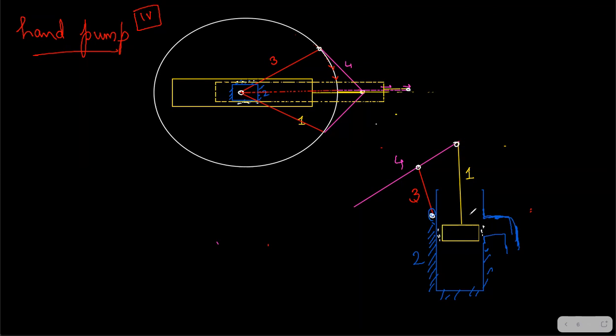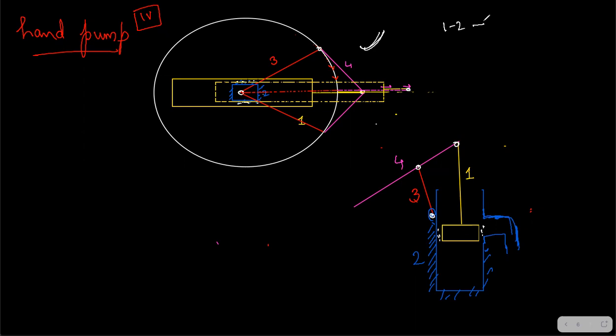Now guys, kinematically speaking, the fixed link you can make it anyhow you want. The fixed link, I just made it a frame, a cylinder. And now between link 2 and 1 in this diagram, check and tell me. Between 2 and 1, see, this 1 is the cylinder, 2 is the piston. Was it a sliding pair between them? Just check the top diagram first.